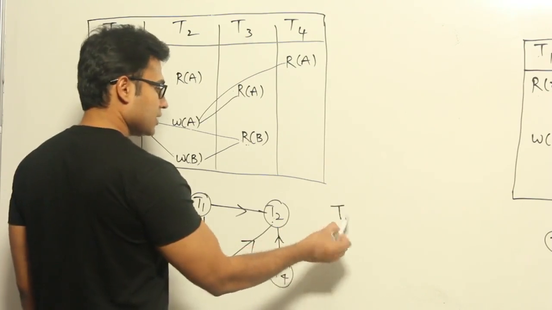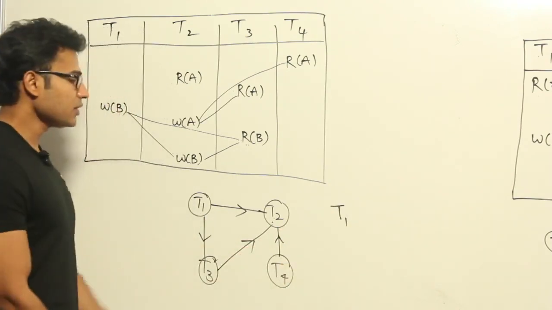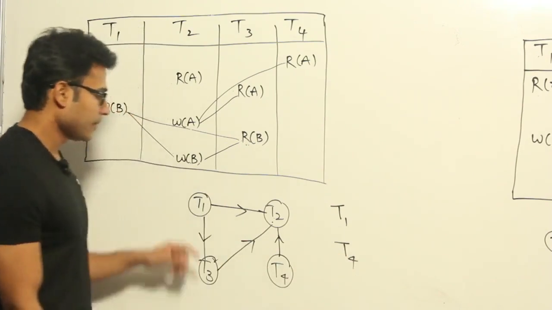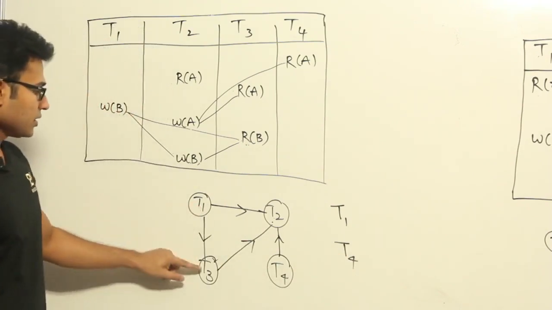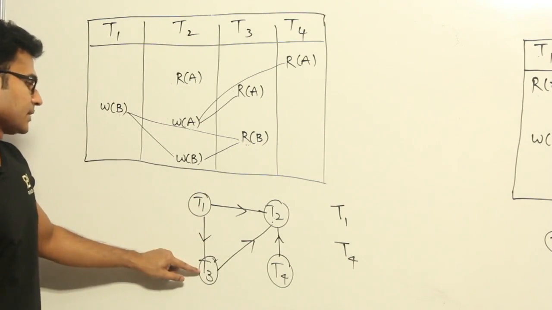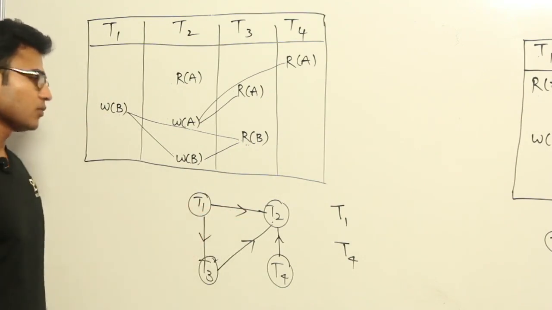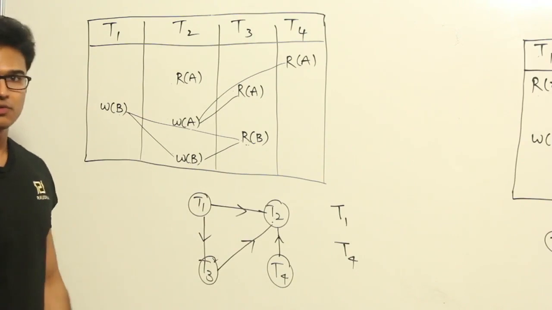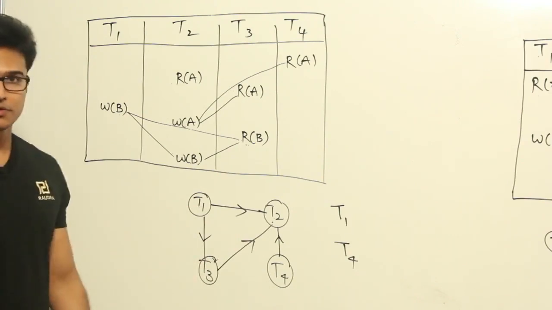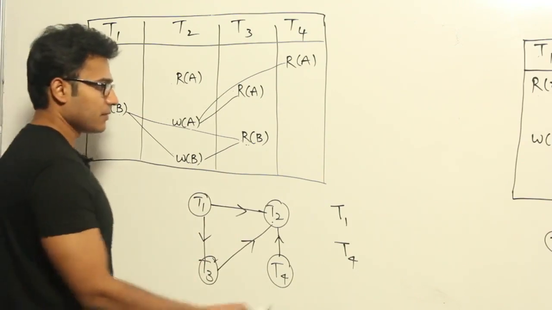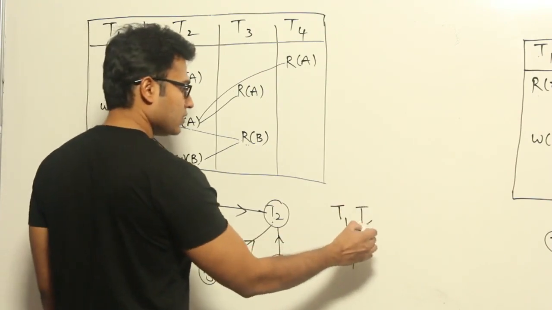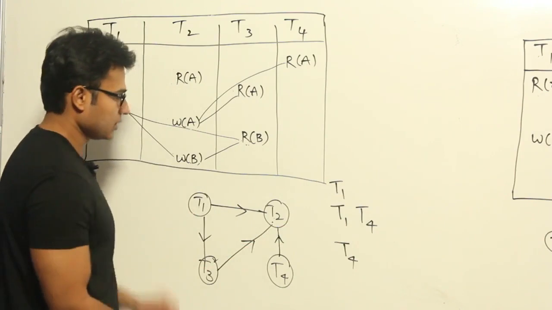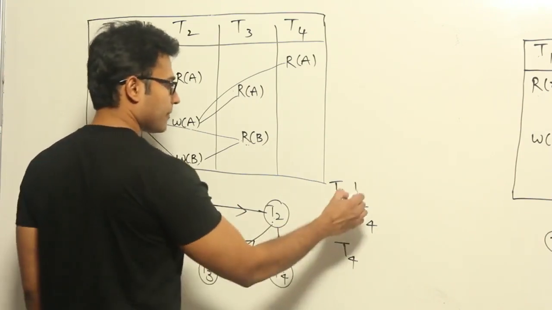Now one order is T1. Now the other order, maybe I could even start with T4, right? Now after T1, can I start T3? Yes. Can I start T2? No, right? But can I start T4? Yes, I can start T4. Therefore we are getting many serial schedules, right? So after T1 I can start with T4, or after T1 I can start with T3, but I can't start with T2,